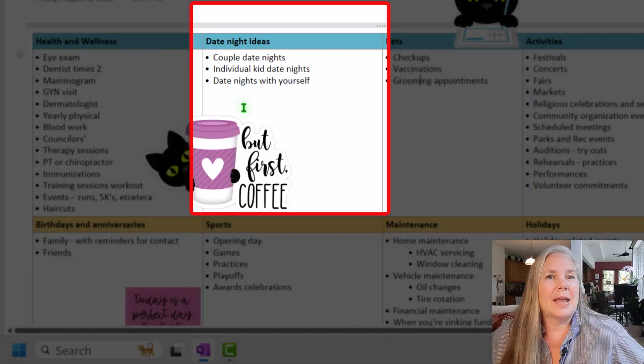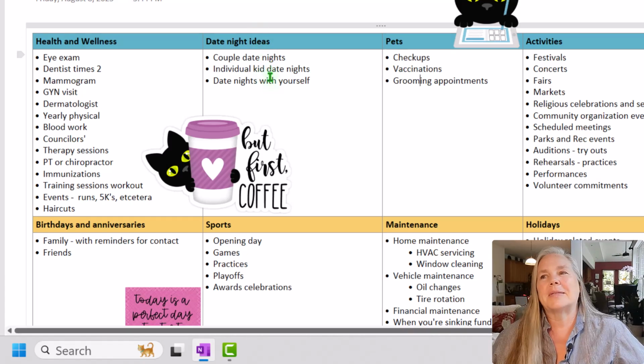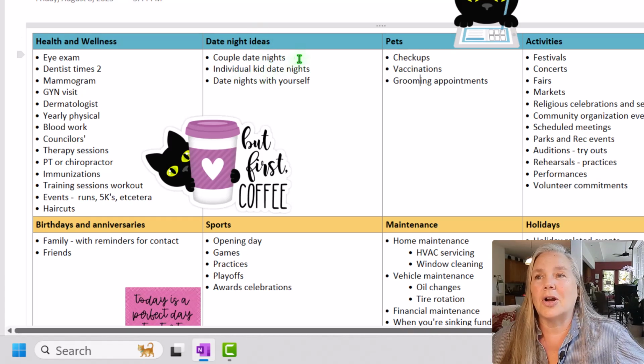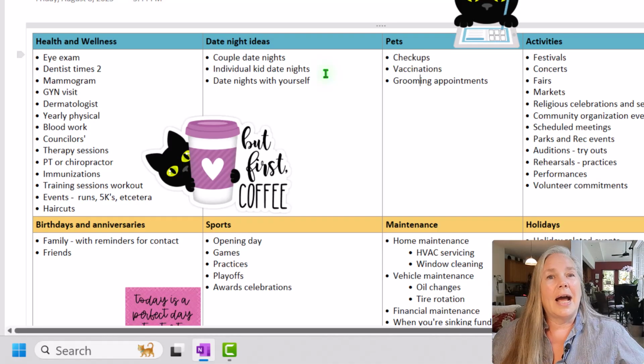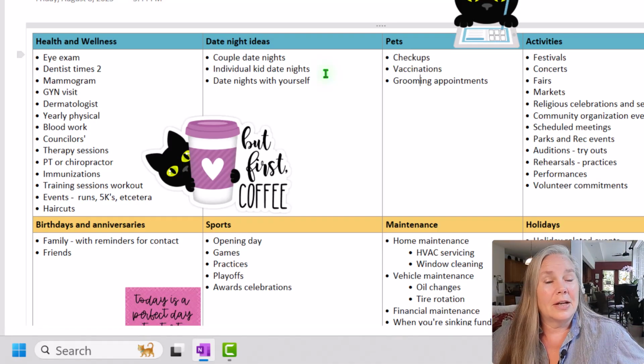And then I started thinking about the next important thing to me, which is my date nights with my husband. So couple date nights are always fun. And then I also thought, now I only have one child, but I often thought that if I had multiple children, I would like to do a date night or an event day with each particular kid.